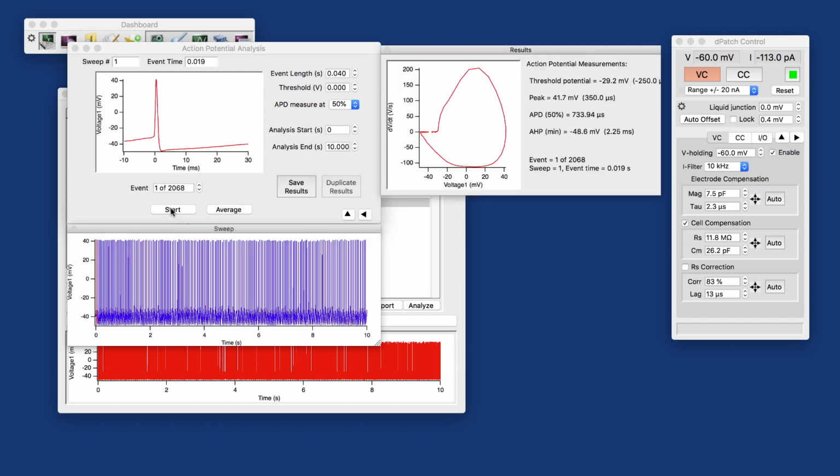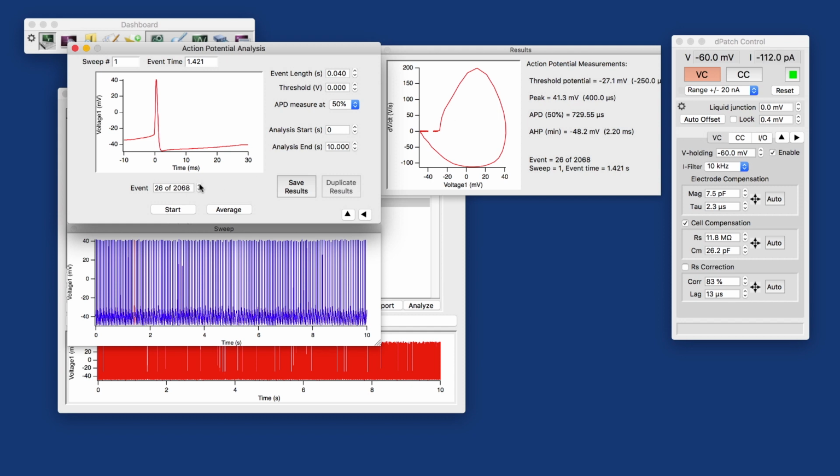Let's start the analysis again. Here we have 2,000-ish events detected. We can look through them. They look pretty similar, which isn't surprising. They are spontaneous, so nothing changes from one to the next. And here we have the phase plane plot, the dV over dt versus the voltage.